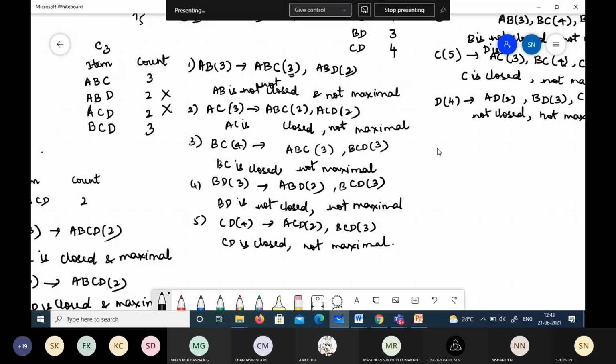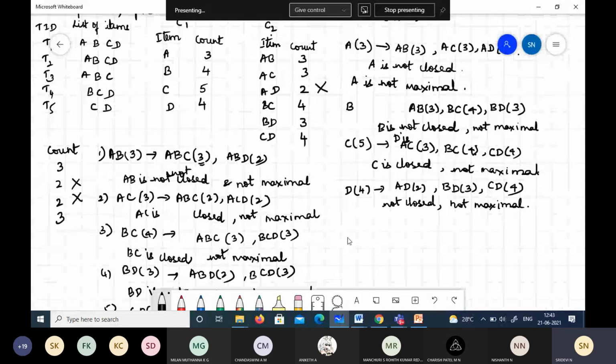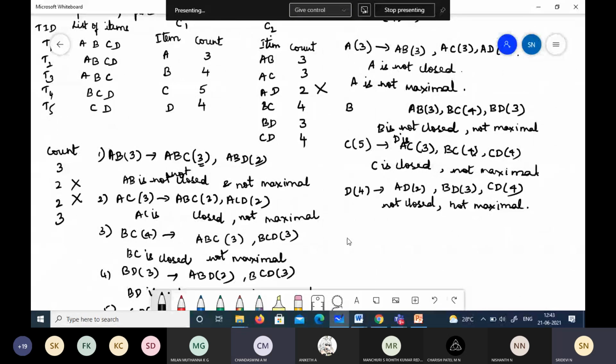No, ma'am. Here the count is 2, ma'am, but you still consider it here. But when we come here, it is still less than 3, and you did not consider it. Here I considered, you said. Yes, ma'am. No, this we generated from this, isn't it? Then I just checked which are the supersets here, to say whether it is maximal or not. We have done this, but we will not consider this for the next.